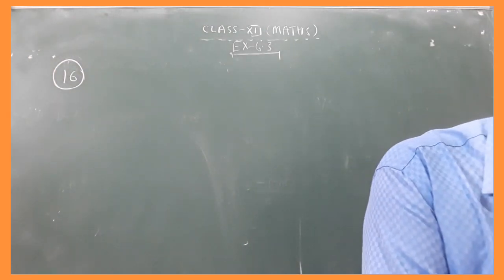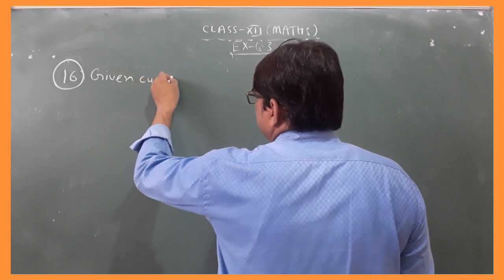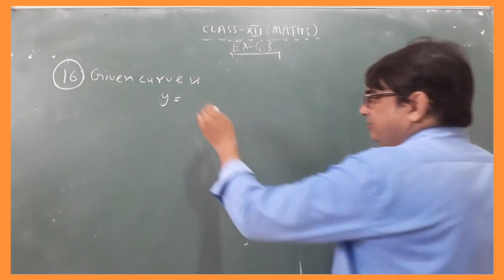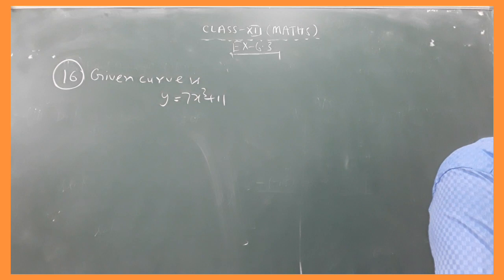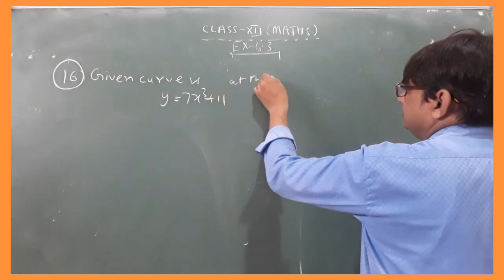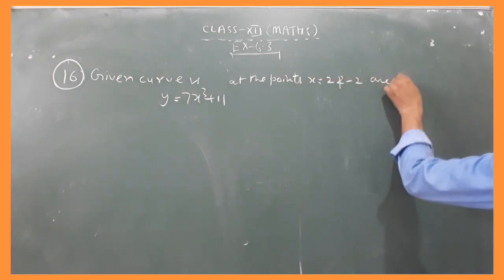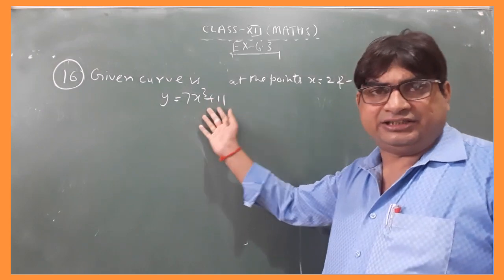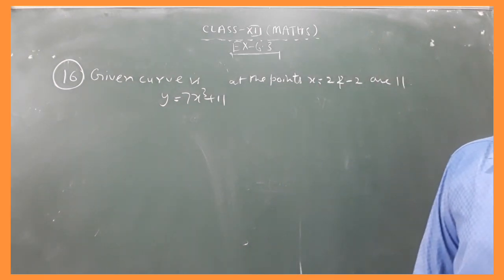So that the tangent to the curve, given curve is y is equal to 7x cube plus 11 at the points x is equal to 2 and x is equal to minus 2 are parallel। ये हमको प्रूफ करना है स्टूडेंट। तो how you can solve that? डिफरेंशिएट करें, टेंजेंट निकालें दोनों पॉइंट पर, और if both tangents are same then you can say that this is parallel।